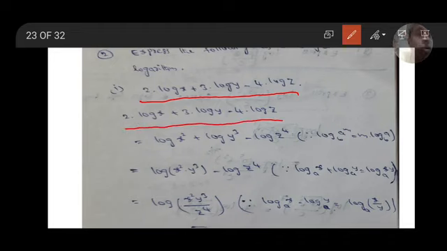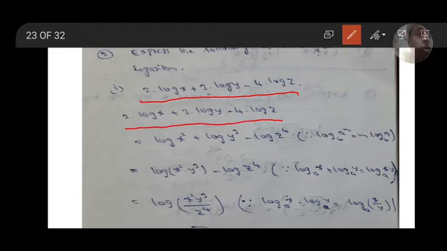Reverse. So sum is there. So it is log x square into y cube minus log z cube as it is. Next, minus is there. So by using the property log x to the base a minus log y to the base a equals log x by y to the base a. Reverse, we learned, it will come reverse. So here x means x square into y cube, y means z cube. Therefore log of x square y cube by z to the power of 4 is the answer.